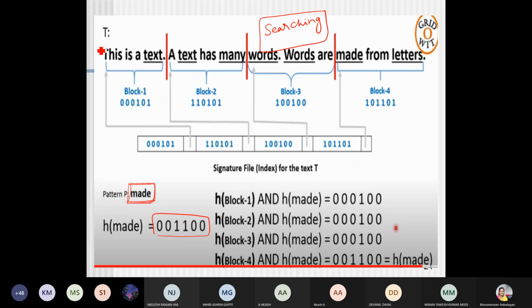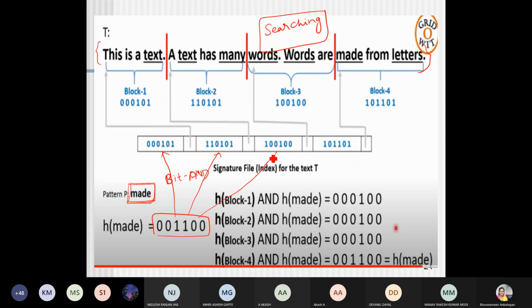We already have some text data. This is a letter, this is a text, has many words. Words are made from letters. We don't know in which block that particular word is available. So we are going to perform a bitwise AND operation between this made and the first block, hash value of this with this.